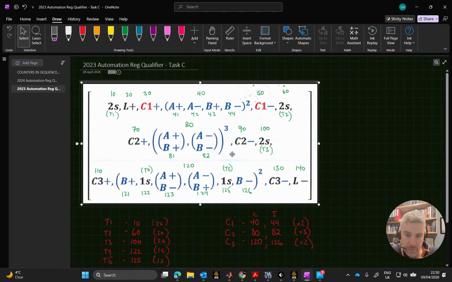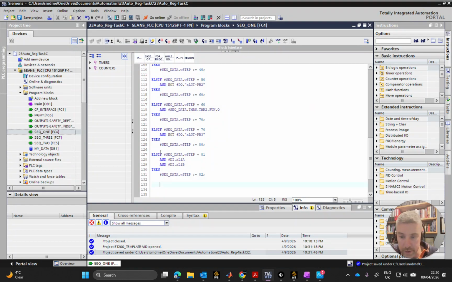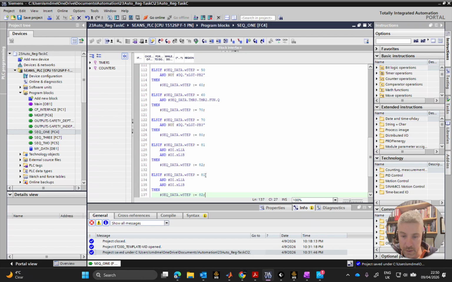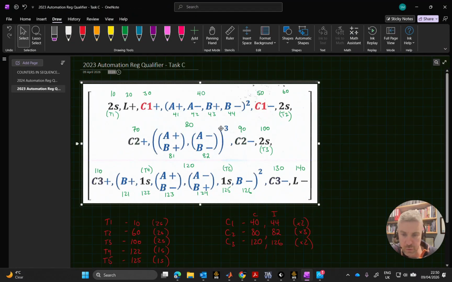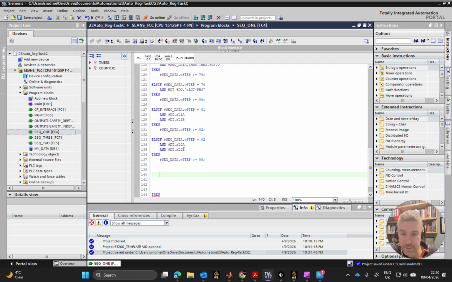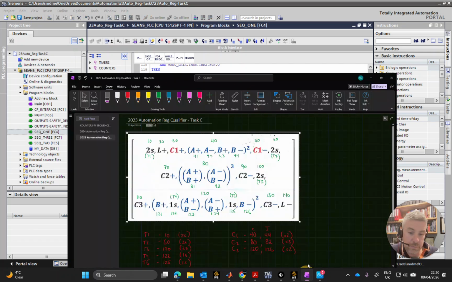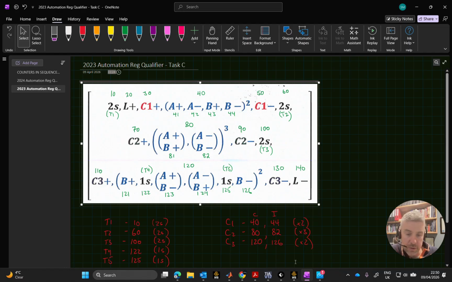Then in 82, they both come back, L0A and L1B. So I'm just going to take this one, Control C, Control V. If I'm equal to 82 and L0A and L0B, then put you back into 80, isn't it? Yeah, 82 goes back to 80. Yep, it's only 2 steps in that. Now I'm going to assume that it's going to push me on to 90, which is going to turn off